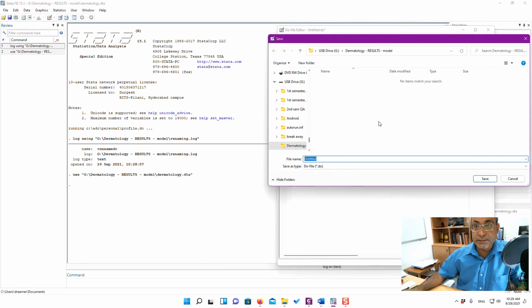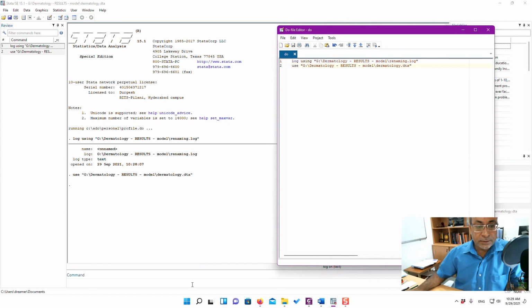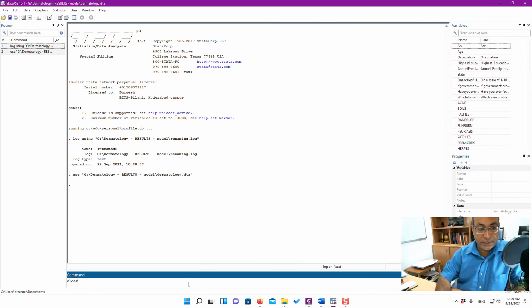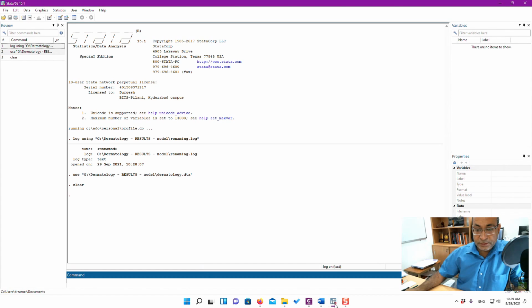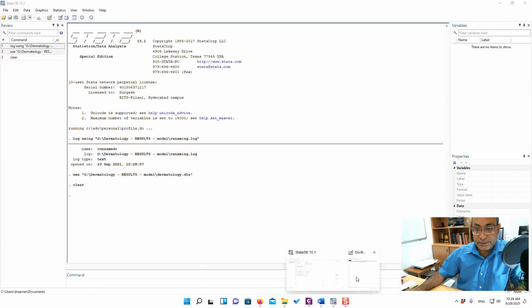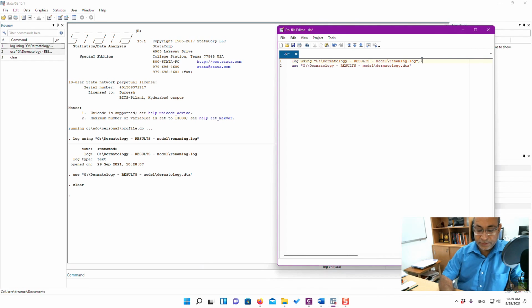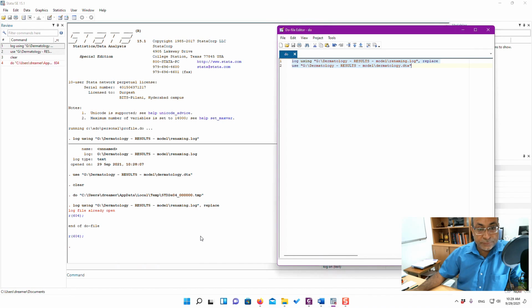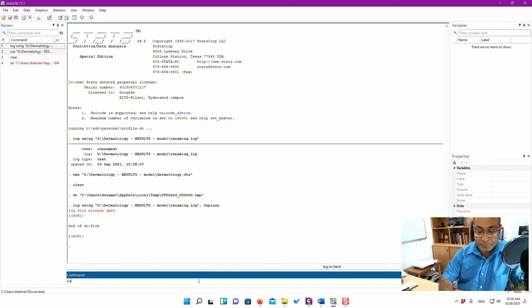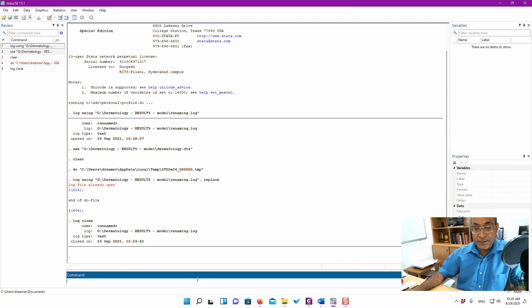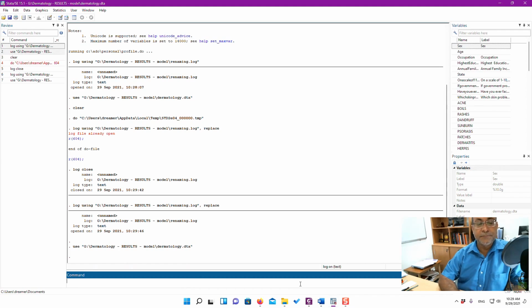So save as, I'm saving here as a do file. You can name it whatever you want. So you can actually see that I can open using this do file itself, because the log file is created, so I need to type replace. So see, I'm running both these commands. You can run it from here, and the log file is already open. So okay, we didn't close the log file. Log close. Now you need to run the commands. So see, this is again done.